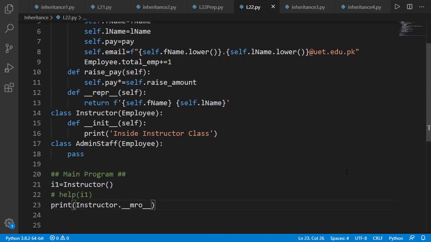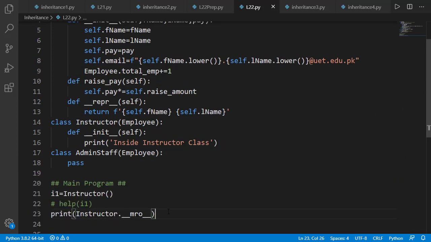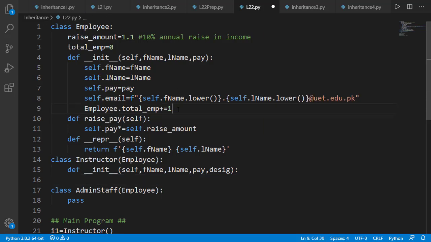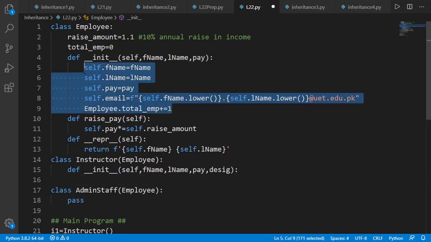Now let's update the init method as we need for the instructor class. So other than fname, lname and pay, we will have designation as input argument. The courses attribute will be set to an empty list inside the method. For the common attributes with the parent class, we need to implement the same logic as in the parent class.